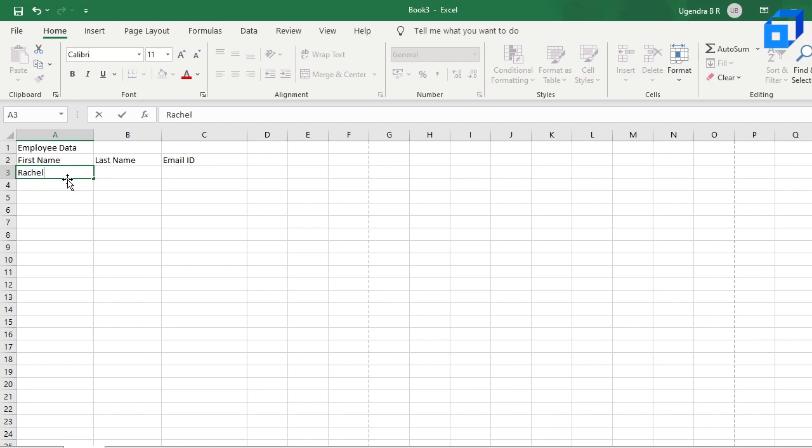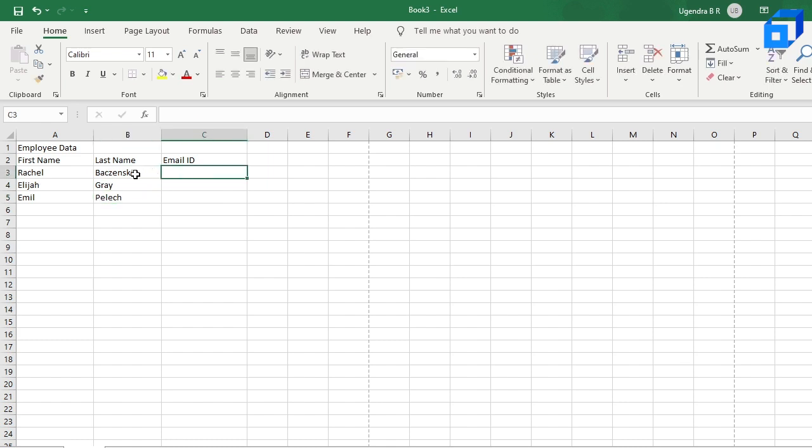The first name is Rachel, and then to go to the cell below from the previous cell, you just have to press enter. It goes to the next cell down below, or the next row. Now if you click enter, it goes to the next row. Okay, and now over here you give the last name. And then the email ID. You combine both the first name and the last name and at the rate the company. So that will be Rachel dot at the rate xyz.com or something.